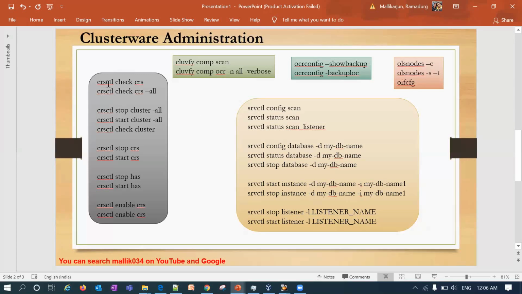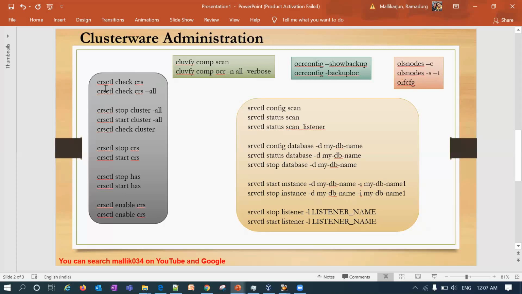CRSCTL basically deals with the cluster services or cluster resources, and SRVCTL deals with your service control, like your database-specific services, like database listeners, and the SCAN and VIPs. So it is specific to that particular service you can deal with.